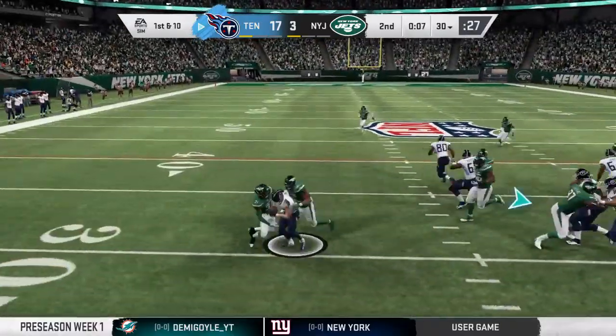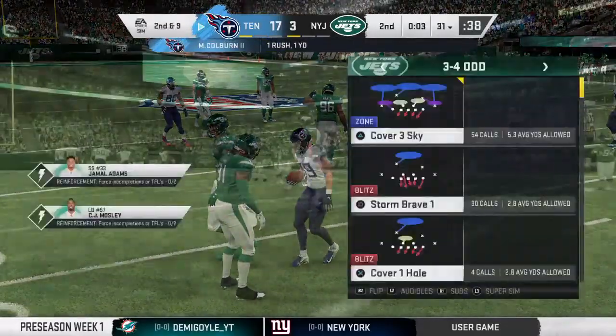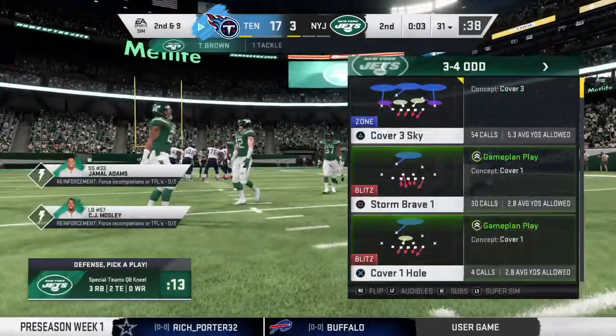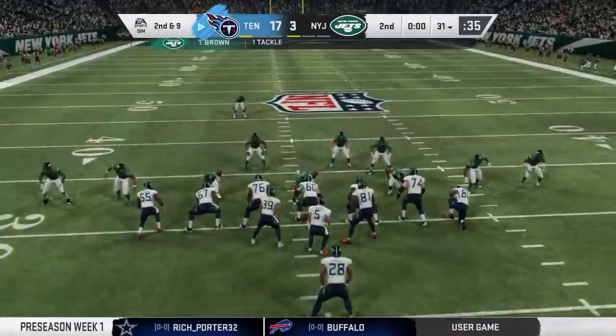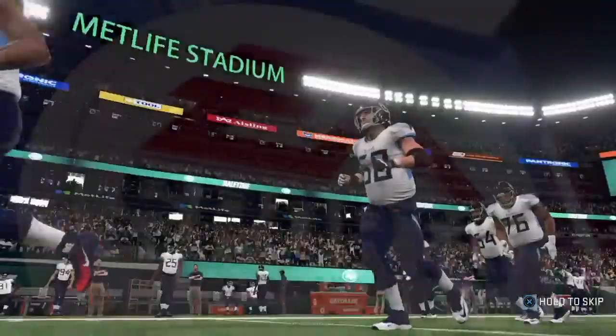And he'll give it here to his running back. And he'll just push his way forward for a few as the clock will run. Just a yard on the pickup there, and it'll bring up a 2nd and 9. So we have reached halftime in our first